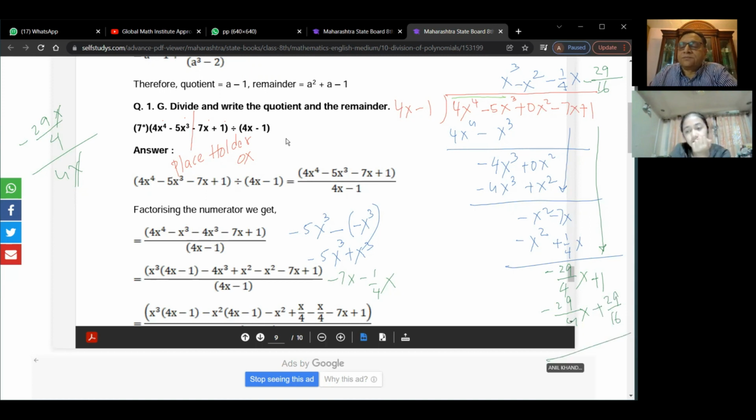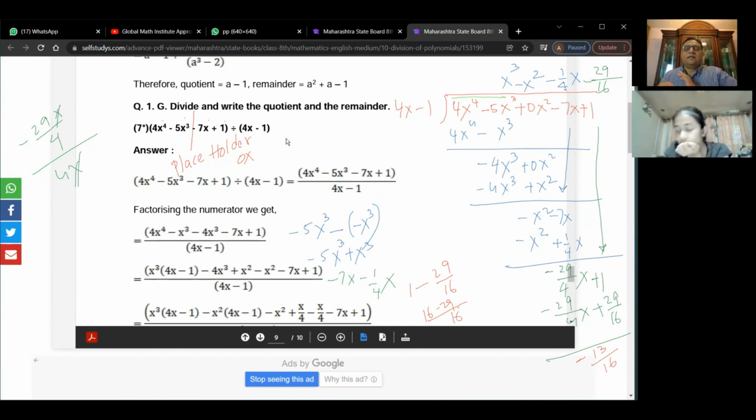Now you have to take this. So 1 minus that is how much? Do it. So we'll redo here. 1 minus 29 over 16. 16 common denominator. 16 minus 29 is how much? We get minus and take away 16 from 29, which is 13 over 16. Do you see that? So that becomes your remainder.